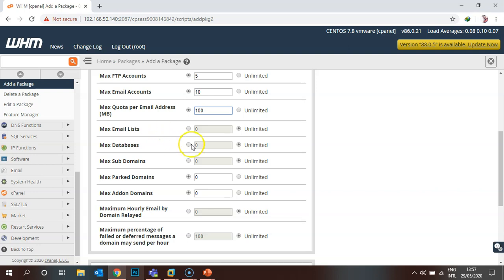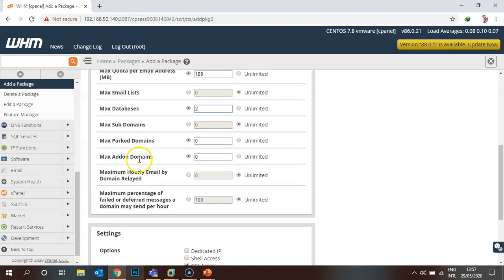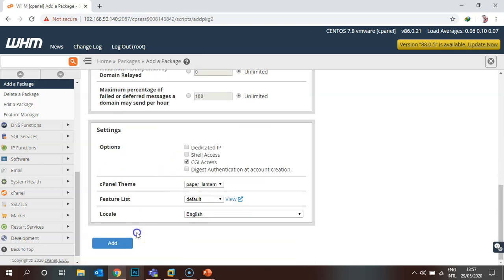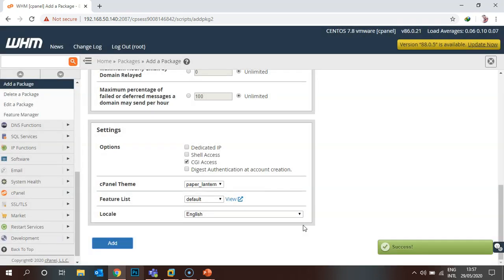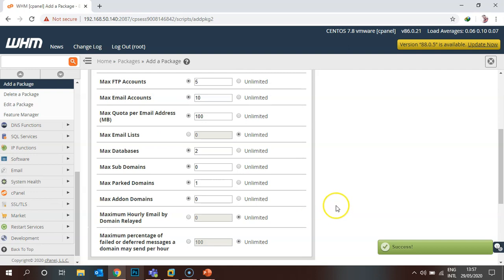Maximum email lists unlimited, maximum databases only 2, maximum subdomains I will give none, so they cannot create any subdomains. Maximum parked domains is 1. Maximum add-on domains should be 0. The rest of the options should be default. Click add. Now my baby package is created.